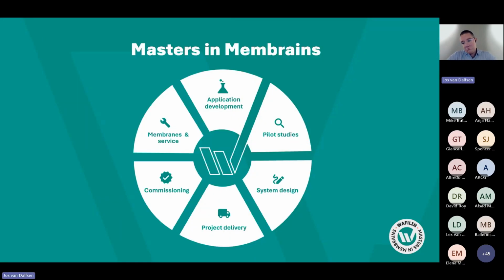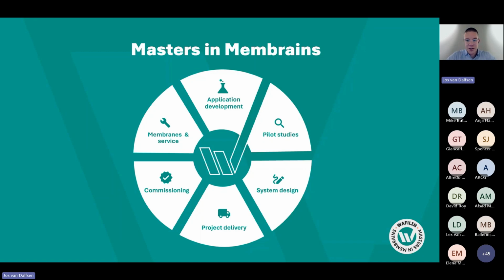The way we work is maybe similar to the people currently in the audience, maybe not. How we often start, especially in new applications where membranes are relatively unknown to the customer, is that we have to test and select the right membrane for that application. I will show an example after this slide as well. We have in-house application facilities, so pilot and testing facilities. We have our own mobile pilot units, which we use to test, select, and validate a filtration process for our customers. And after the validation, we use that data to design a full-scale system.